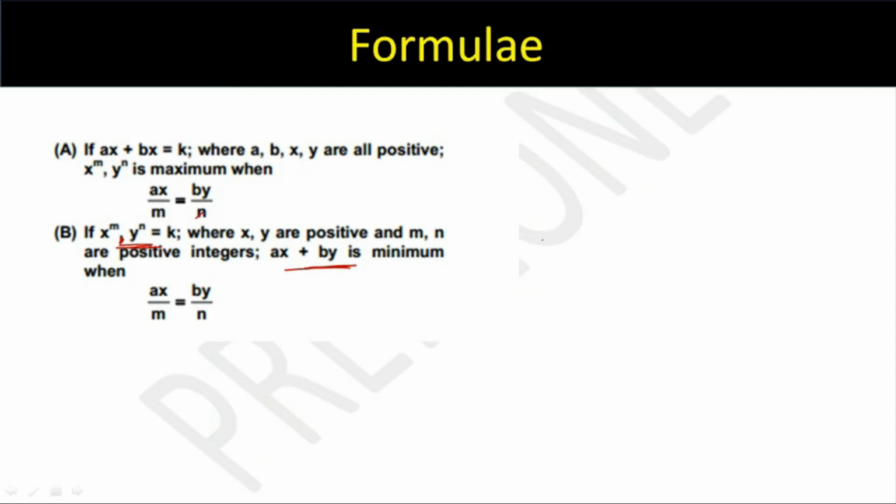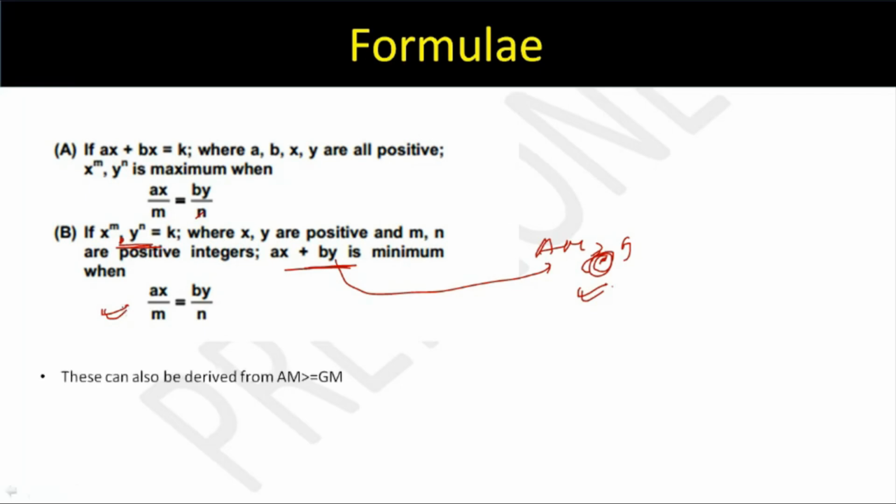Same ही है. AM greater than equals to GM. ये इसको AM की terms में लिखोगे, इसका minimum कब होगा? When this equality holds true. Hence the variables have to be same, and these are the variables. So these were just some concepts. Based on these concepts,